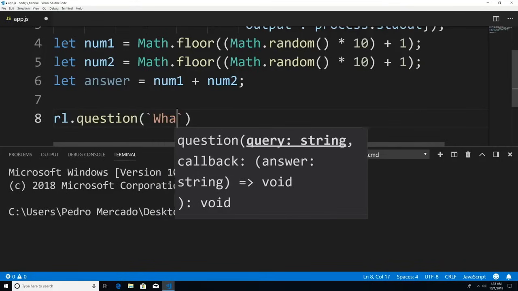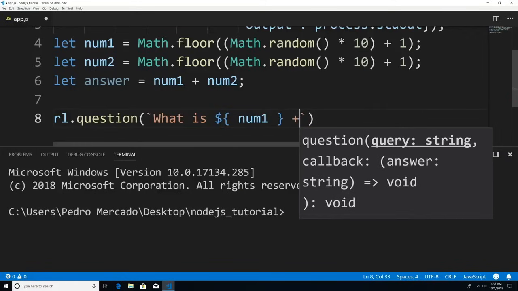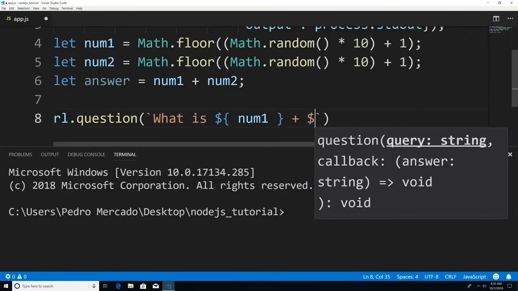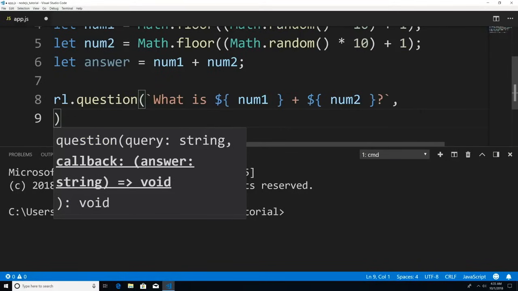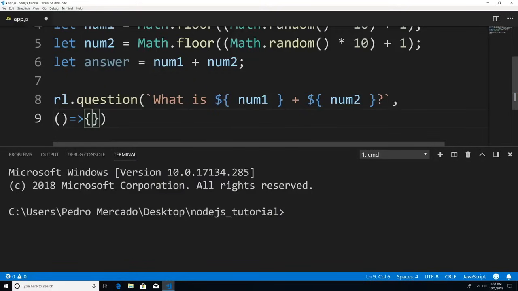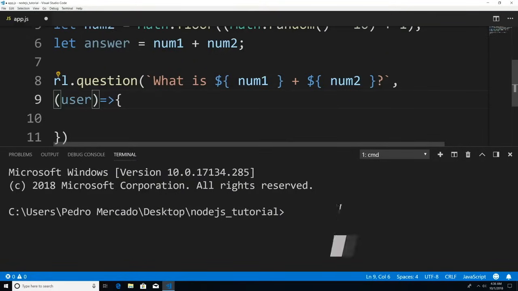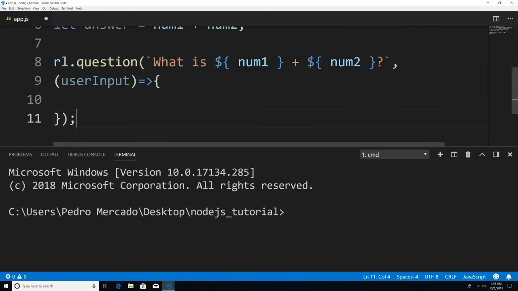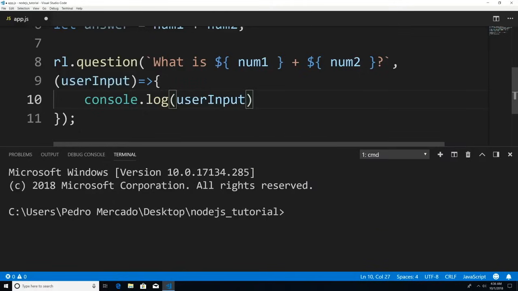So I'm just going to say backtick, what is num1 plus num2? Question mark. And I'm just going to hit enter here because I want you guys to see this on one line. And we're going to include our callback. Now this function is going to get the user input as a parameter. So I'm just going to say userInput. And for now, I'm just going to print out userInput onto the console,